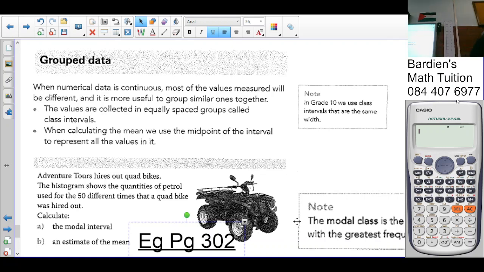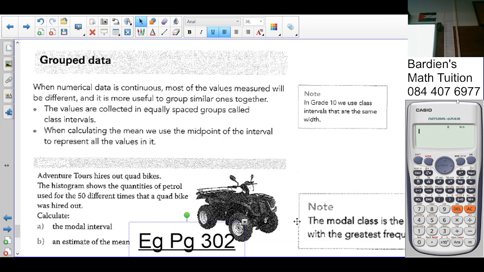Okay, so we're looking at group data today. So we are told that when numerical data is continuous, most of the values measured will be different and it is more useful to group similar ones together. The values are collected in equally spaced groups called class intervals. Then we are told that when calculating the mean, we use the midpoint of the intervals to represent all the